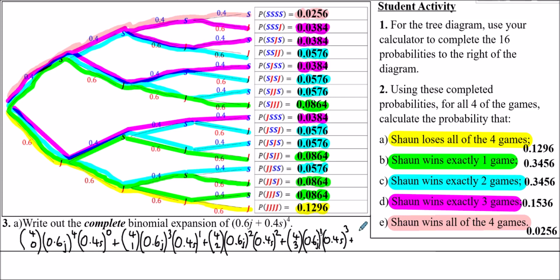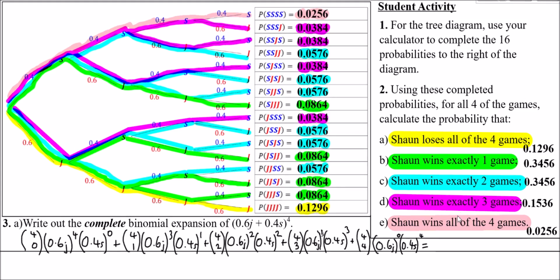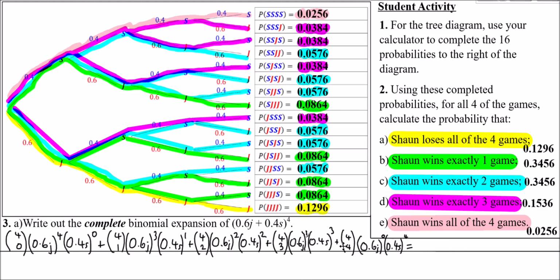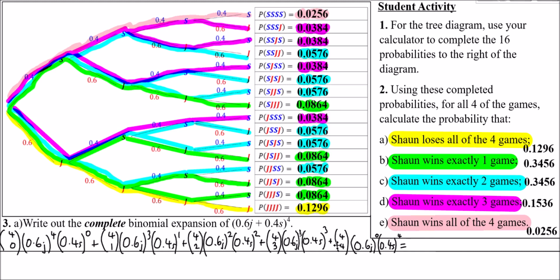And finally, we're going to have 4 choose 4. Then 0.6j to the power 0, 0.4s to the power 4. Now, if we work this out, we should find something quite interesting indeed. Just before I carry out the calculation on this, though, I'm just going to shift it to one side because in my old traditional way, I've not left myself much space on the right-hand side to actually perform the calculation. So if I just shunt this slightly to the left, like so,